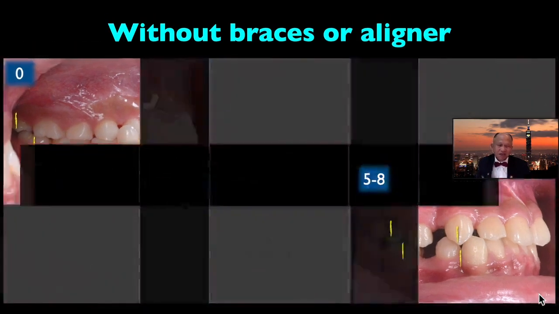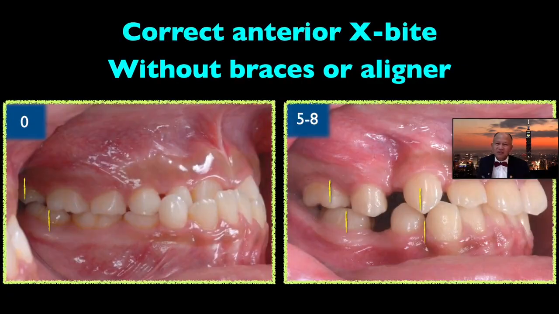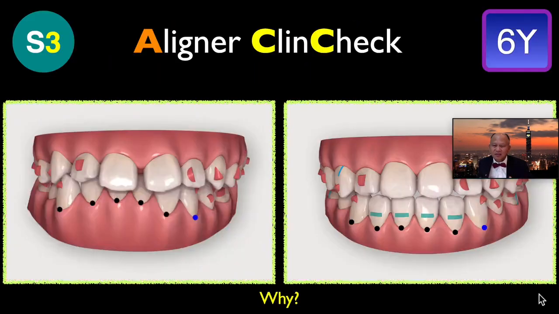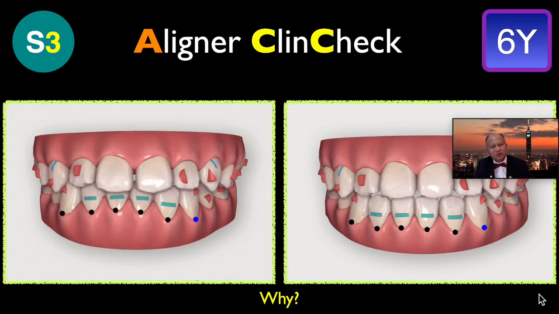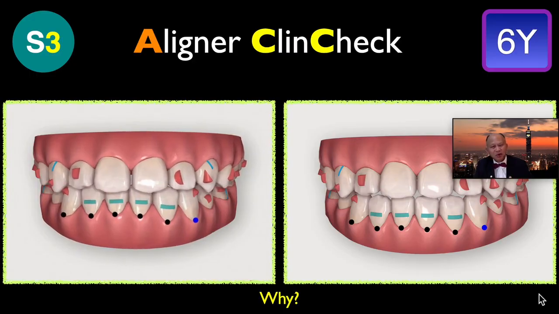And it becomes an easy case to fix. Correct anterior crossbite without braces and aligner. And now, when you look at this aligner case, your conclusion will be, oh, it's ridiculously simple, easy,